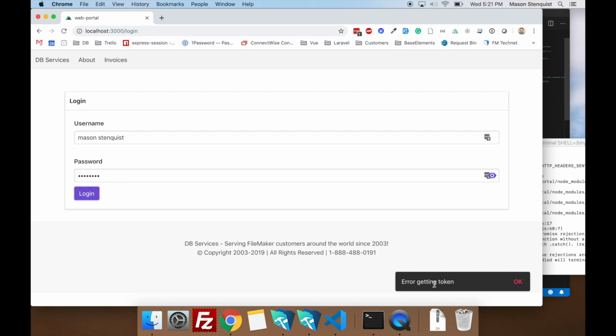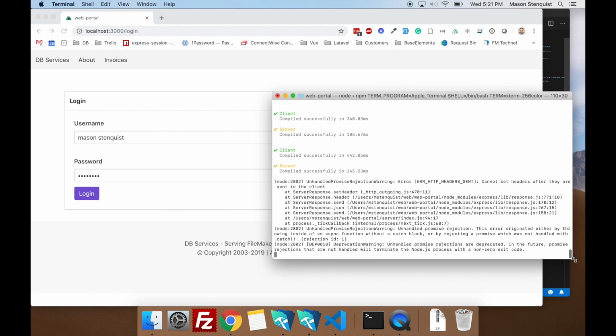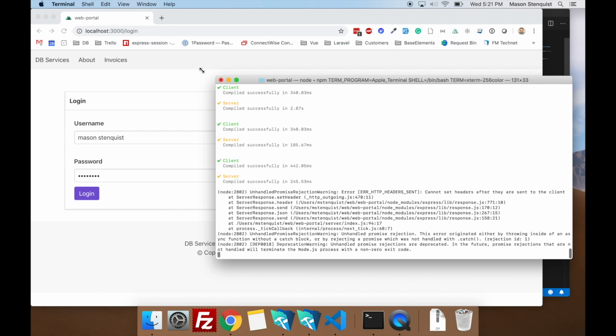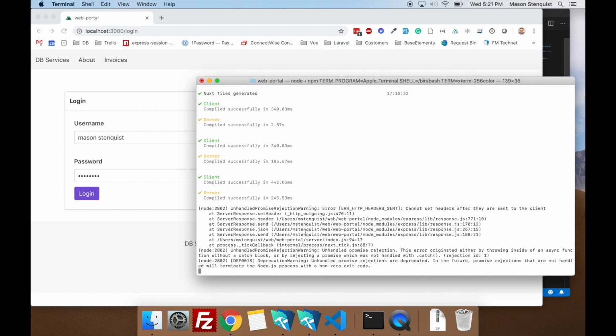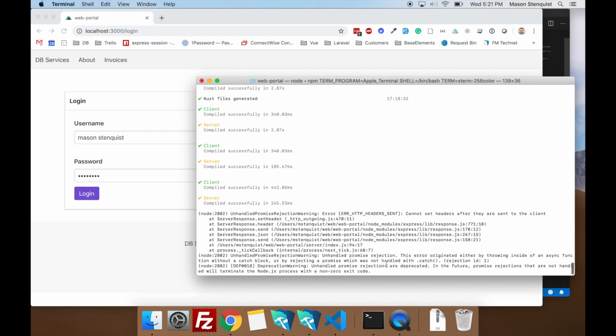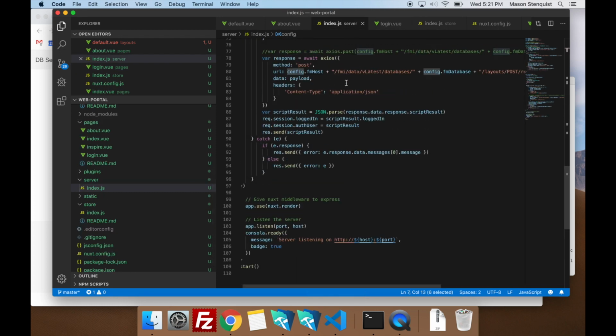Okay, we got an error getting token. And if we look over here, let's see. Not set headers after they are sent to the client. I'll have to come back to that.